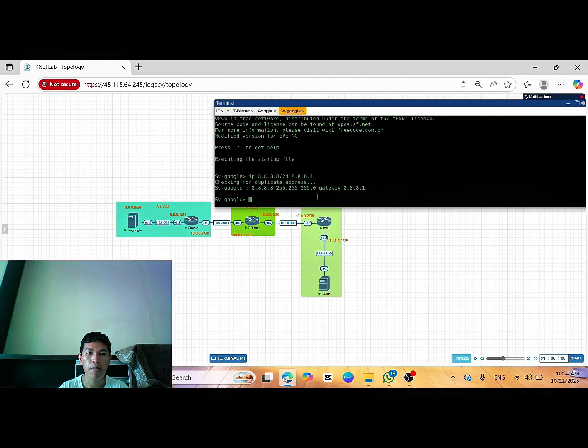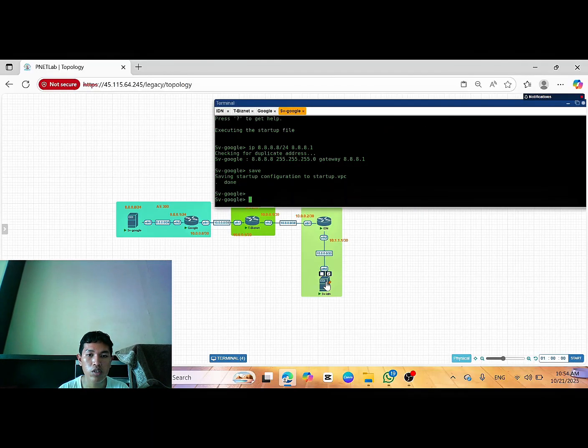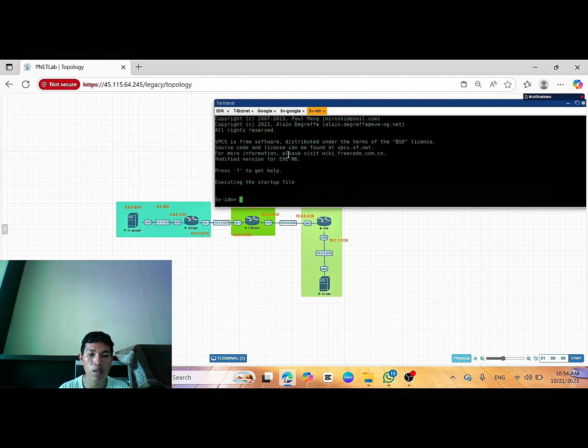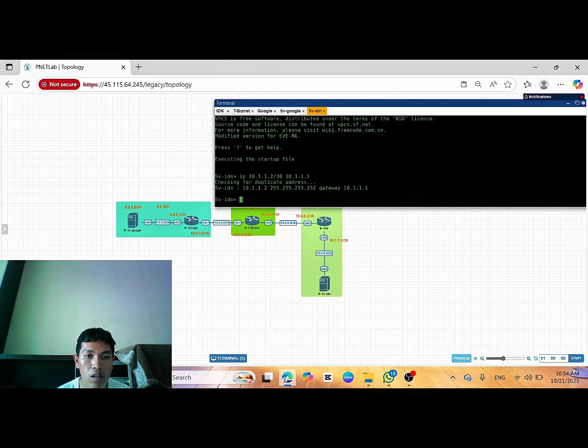You can see, and save. Okay, going to the other server, IP 10.1.1.2/30, and the gateway 10.1.1.1, like this. Enter and save.